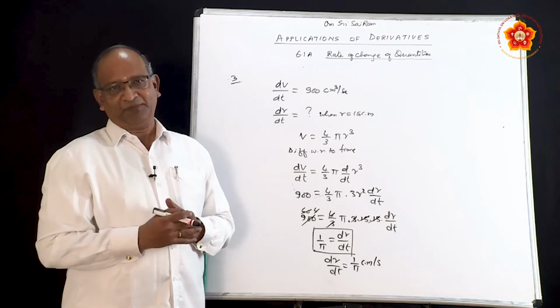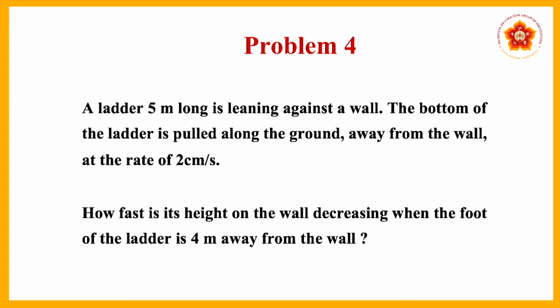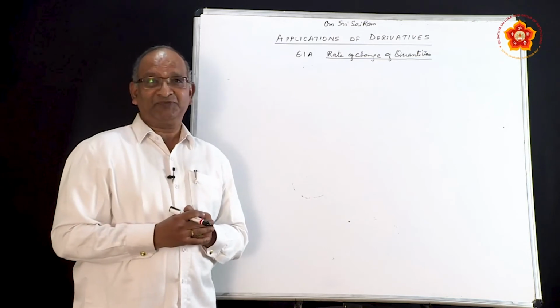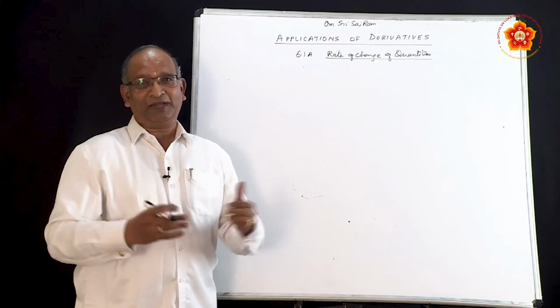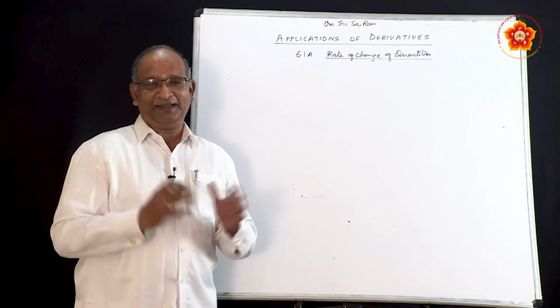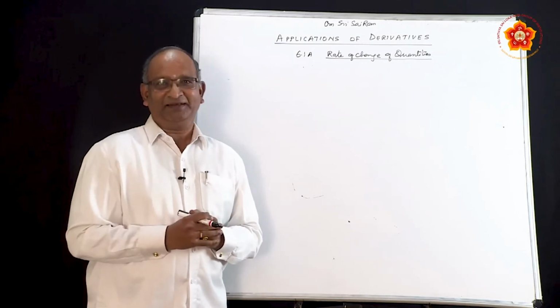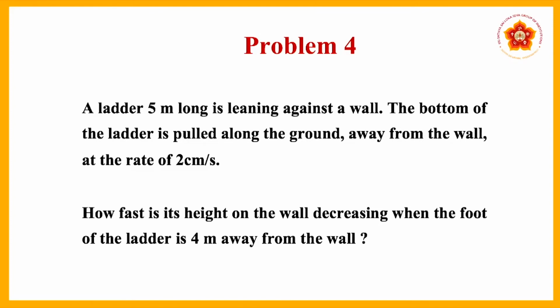Let us move to the last problem before we close this introductory part of this particular lesson, the fourth problem. The fourth problem is a very, very interesting problem. The problem goes like this: a ladder which is 5 meters long is leaning against a wall. I am sure you have come across this kind of situation at home. You also remember some pranks you would have played with your brothers when he is climbing. You try to pull it away from the wall, and the ladder shakes and he shouts and screams, and there is a fight between the brothers. So it is more or less a situation like this.